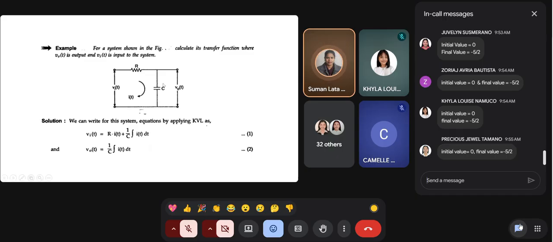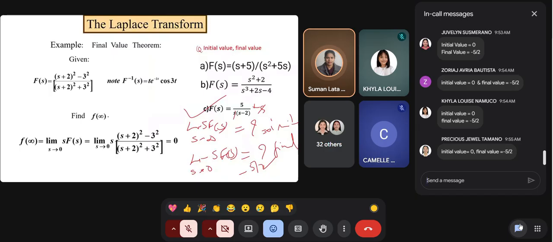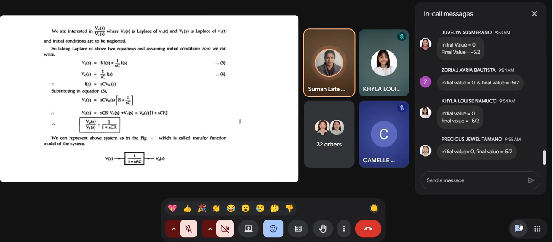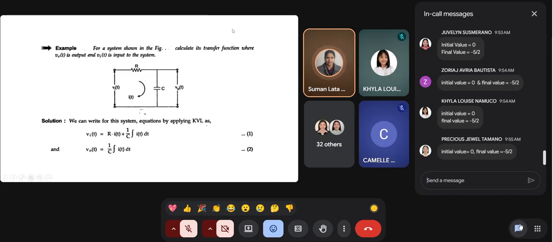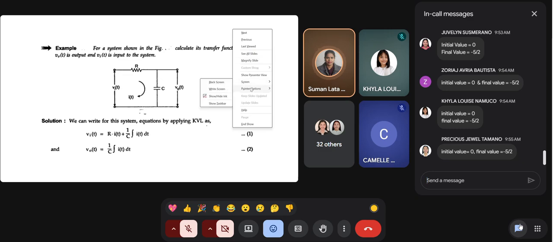Now we can start with a new thing. If any circuit is given, how do we find the transfer function for that circuit? Because here you have to find the transfer function. I already told you, it is nothing but the ratio of the Laplace transform of output upon